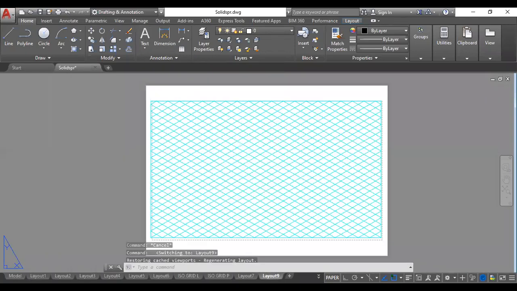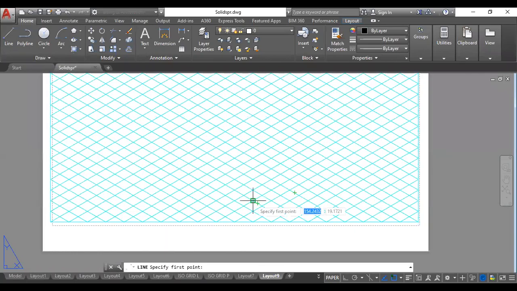Coming to the solution, there are two solids: one is a rectangular slab, and on top of that we have a tetrahedron. So first I will draw the rectangular slab, and on top of that I will draw the tetrahedron. The rectangular slab is 80 by 60. I'm starting from here. On this side I will draw 80, on the other side I will draw 60, or else you can change it. If you want, you can draw 60 on this side and 80 on the other side. It's up to you. So this is 3, 5, 6, and 8. So 8 units I have gone this side. Then from this side I will go 6.